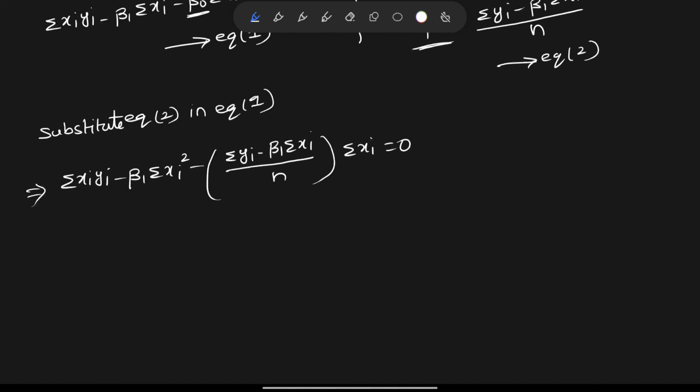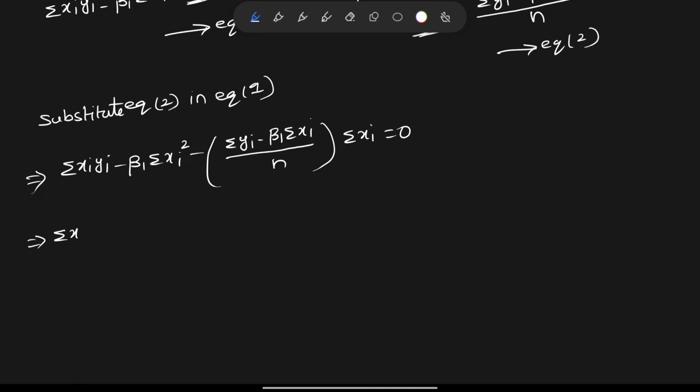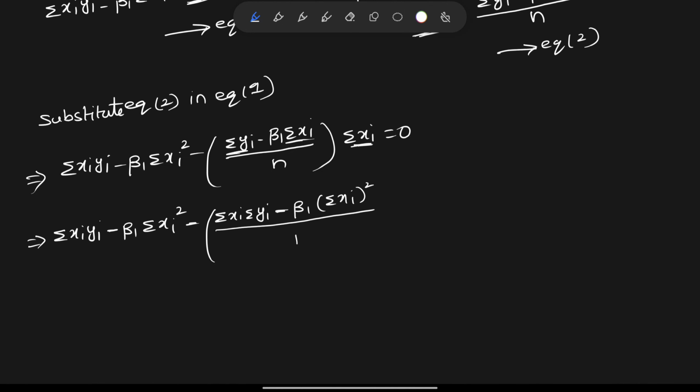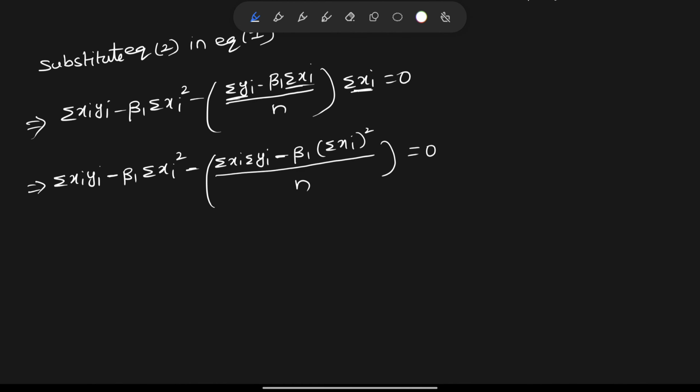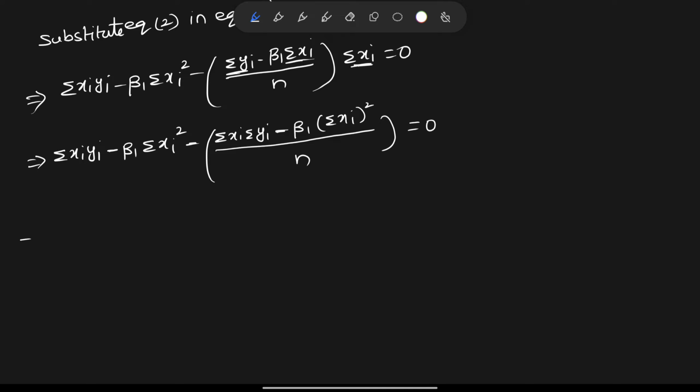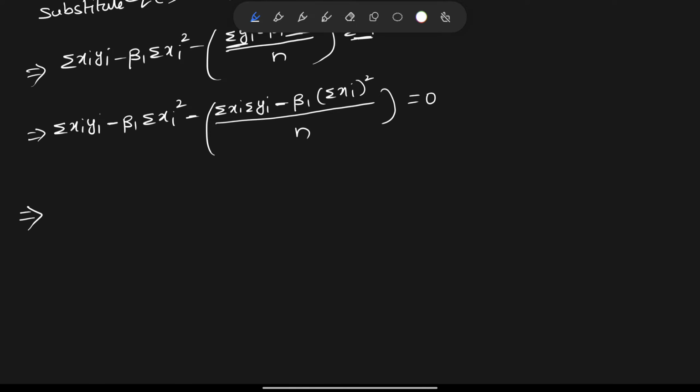Now we will expand this term. Summation xi into summation yi into summation xi, minus beta 1 into summation xi into summation xi, whole square, divided by n. Okay, multiplying n on both sides, it will become